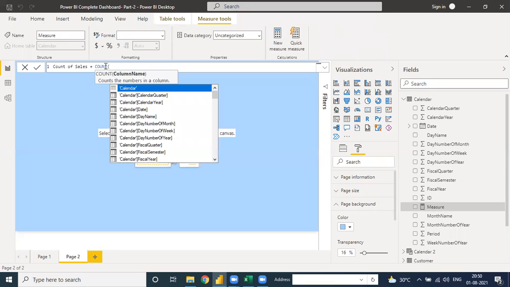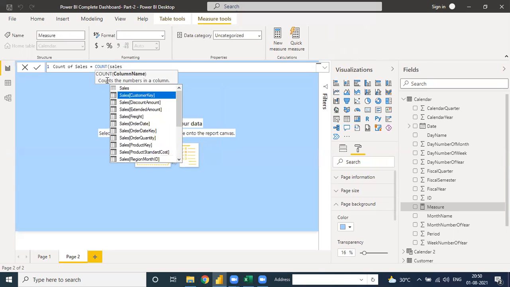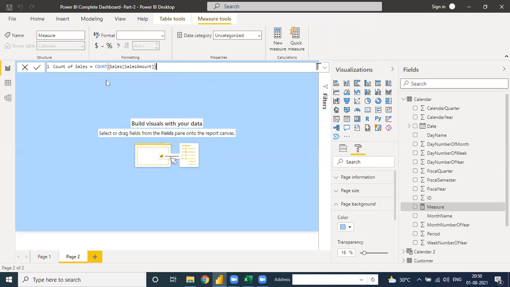It will count all the rows in which there is a numerical value or an alphabetical value. Okay, so count under the sales. Suppose you want to count the sales amount, it will not sum your sales. It will count the number of rows under the sales amount.